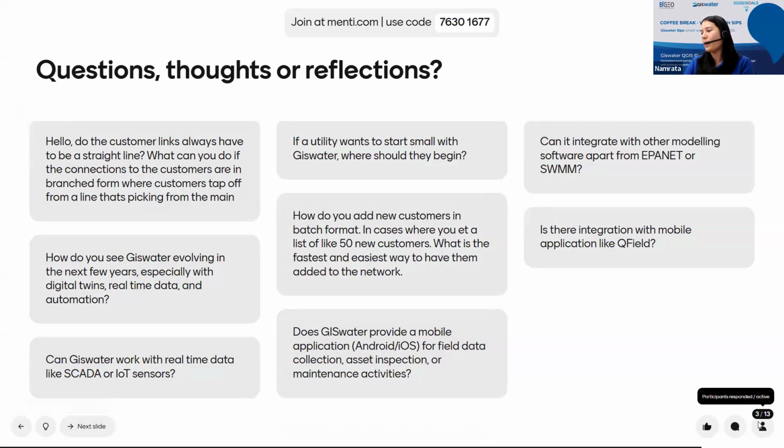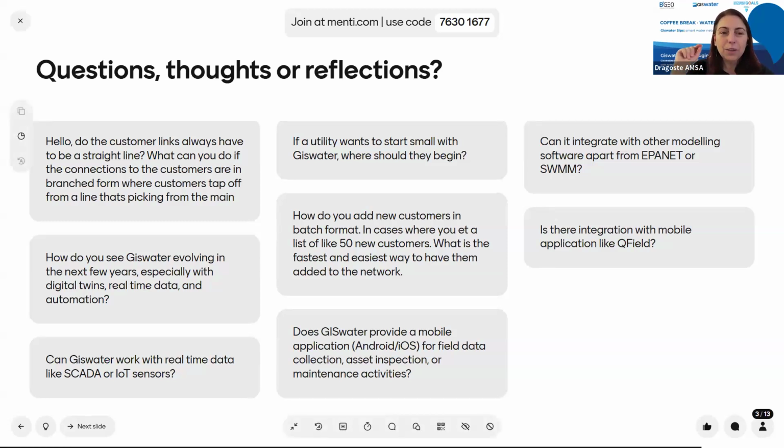I think I saw a pop-up comment, yes, there is another question, and I would take advantage of it to add something more about the digital twin. It's about, can GIS Water work with real-time data like SCADA or IoT sensors? Yes. So, what's the brilliant idea that BGO put inside was that in order to have the digital twin,